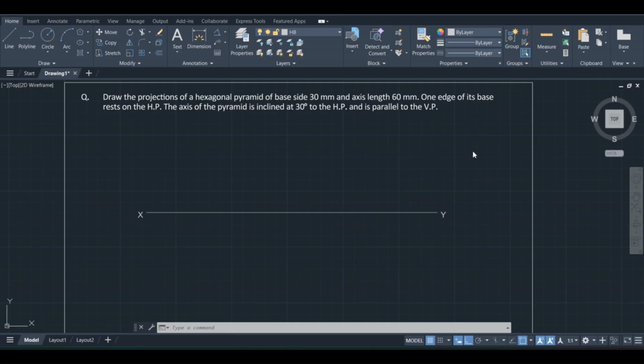Right. So here in this problem, the axis is inclined to one plane and parallel to the other. So this can be drawn in two stages. In the first stage, we are going to assume the inclination to be perpendicular, or 90 degrees, with respect to the given plane. And in the second stage, we are going to change the position of the drawing, the axis inclination with respect to the given plane, that is HP, right? So